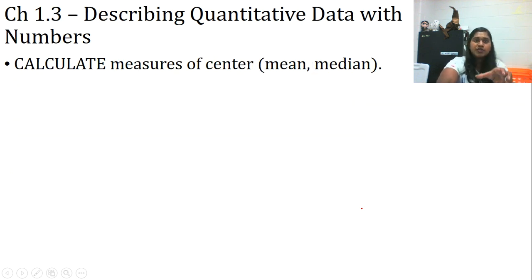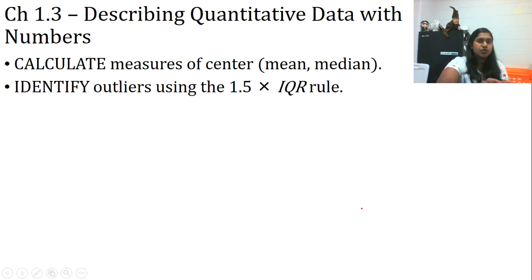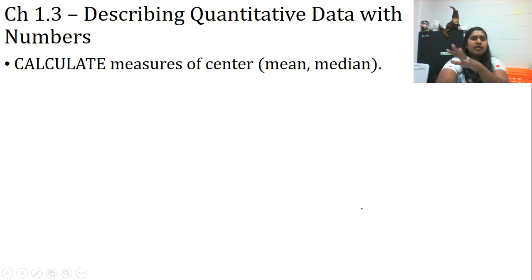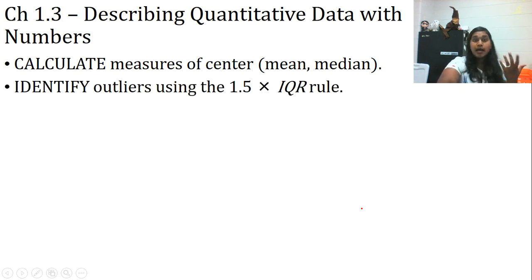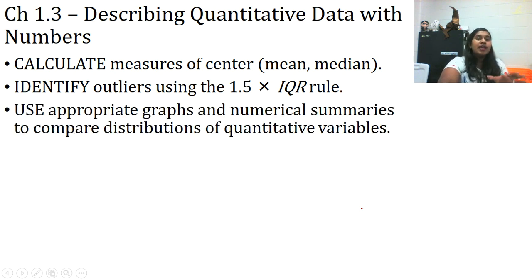But in our third section, where we actually did it with numbers, I feel like we had some confusion. So let me hit on some points. Calculating mean, median, mode. You guys have figured that out, I think. Identifying the outliers using the 1.5 times the IQR rule. Again, I think we've figured that out.